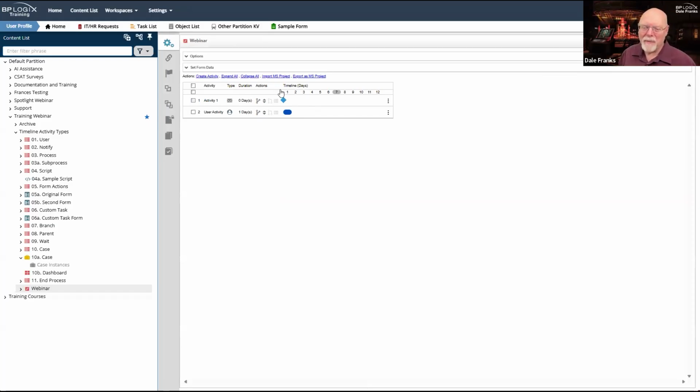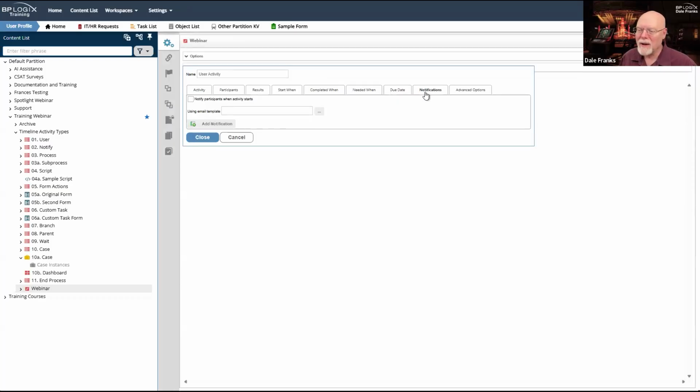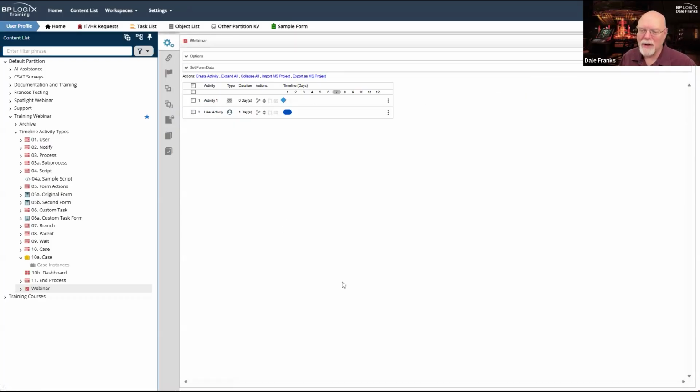So I've now separated my activity notification from the user activity itself. I've seen people try to do this as well. That's wrong too. Once again, there's a reason this checkbox exists. Don't uncheck it if you want to send actual task notifications to your user.